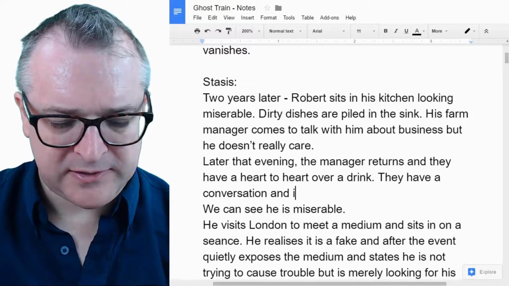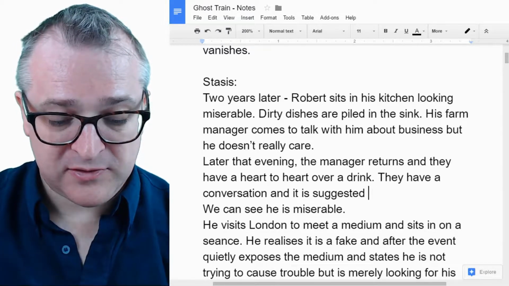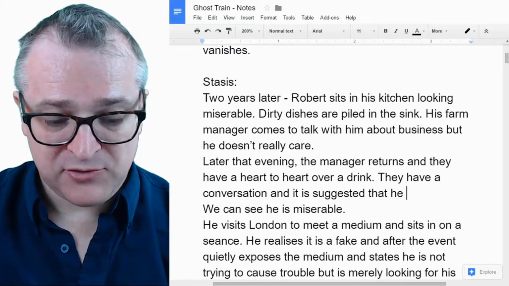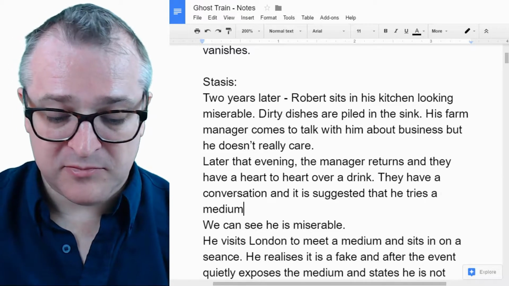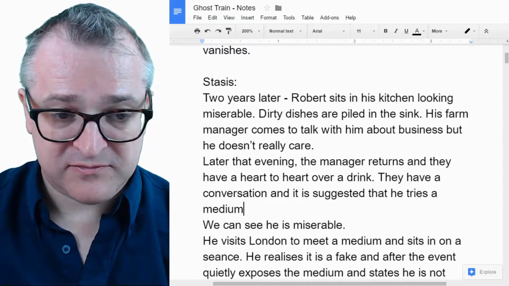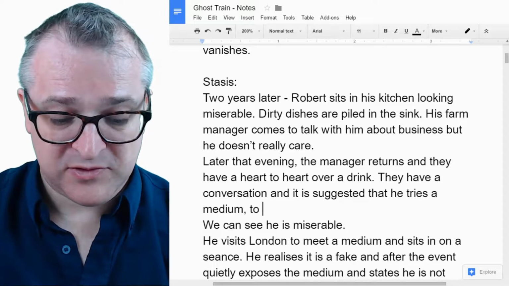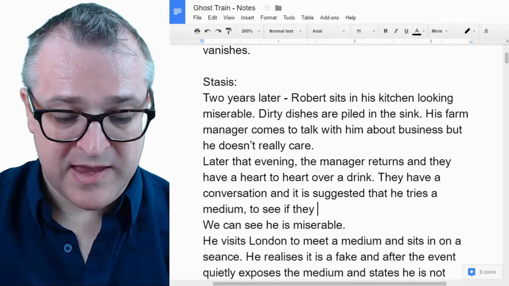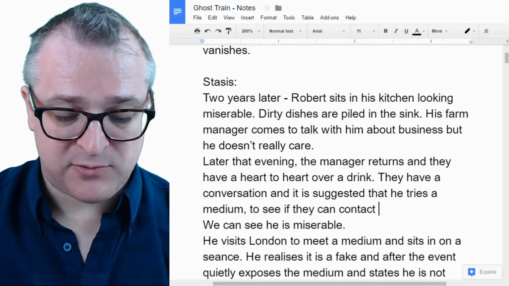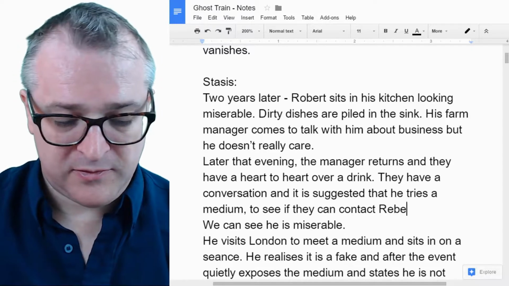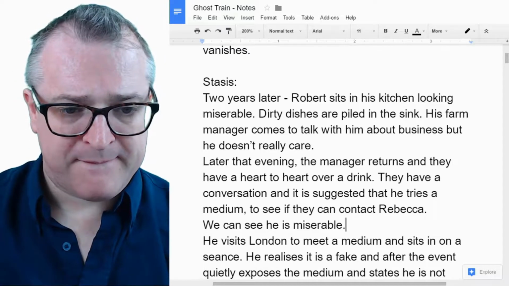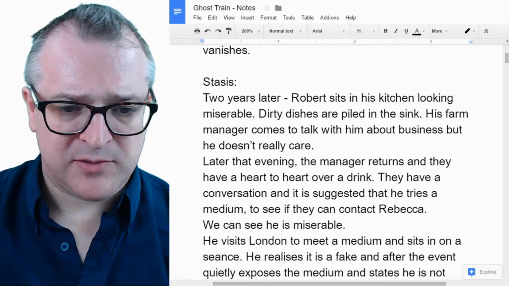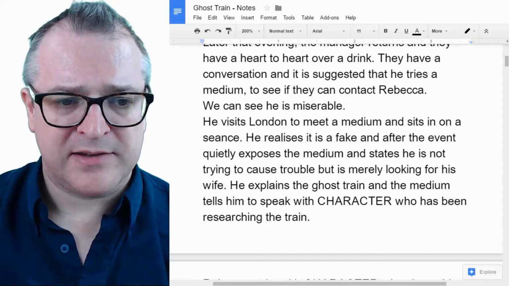And it is suggested that he tries a medium to see if they can contact her. They can contact his wife, Rebecca. And then he visits London to meet a medium. And he sits in on a seance.